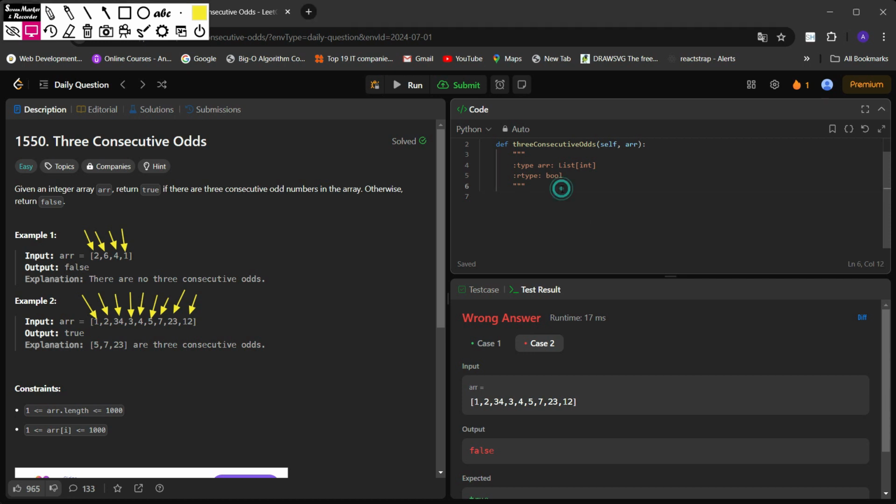So let's analyze this scenario as a flow chart or logic like this. First thing, we will iterate over a loop: for num in array. This is our array, and we are iterating one by one over the numbers. We need to check whether the given number is even or odd. For that, if the given number num modulus 2 is not equal to 0,